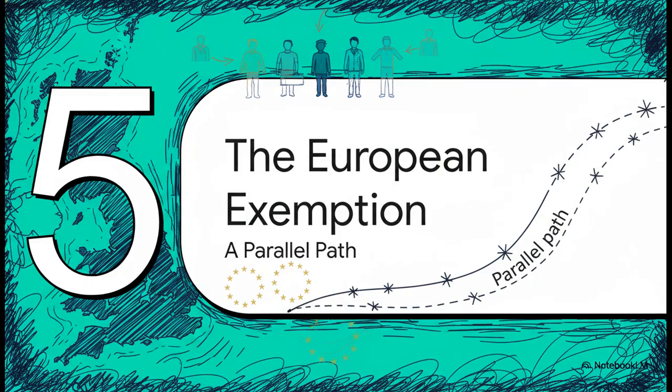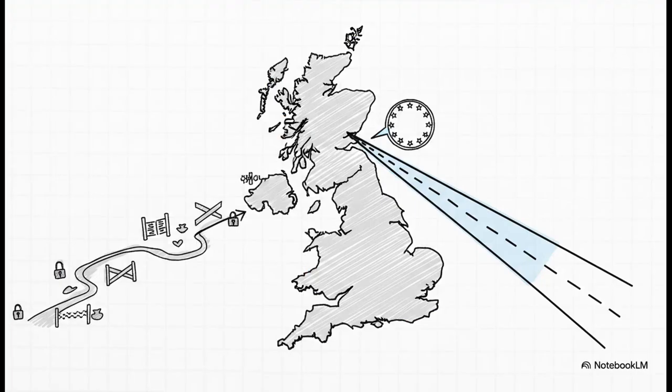Now, amidst all these new restrictions, the 1988 Act did something else pretty incredible. It created a completely distinct and separate path for a specific group of people, and it really reflected the UK's growing integration with Europe at the time. The Act officially put into law a unique status for nationals of the European community, which was the precursor to the EU. So while the rules were tightening for pretty much everyone else, a parallel, much more lenient system was being cemented in UK law just for EC nationals.